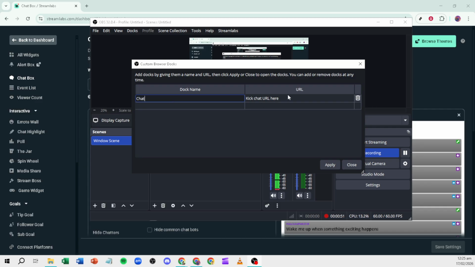OBS will load the web page inside a new panel. If it doesn't appear right away, give it a moment to populate. You should now see a new floating window. Click and drag it toward the edges of the OBS interface until you see blue highlights indicating a docking area. Drop it where you want, stacked as a tab with other panels in a sidebar or along the bottom, so